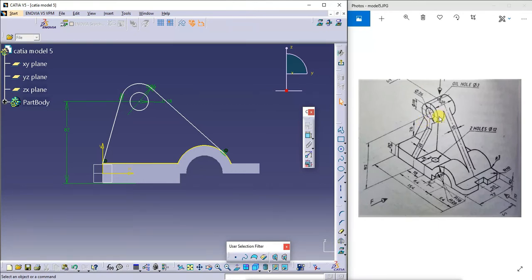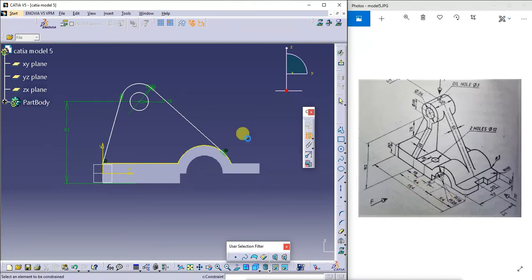Next one is the center of this. From this edge, this is how much you need to calculate. See here, it is 154 total. Next this is 54, 64. So 154 minus 64 minus 54, that will be the dimension from this edge. Remember this, the center of this is at a distance from this edge of 154 minus 64 minus 54.